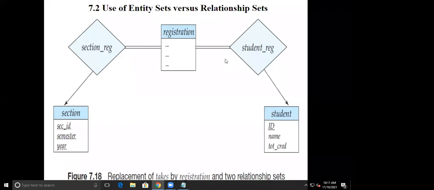Then here in my design perspective, I can take registration as an entity, or I can take this as a relationship between student and a section also. So it means I cannot say that you should consider only registration as an entity only. म्हणजे मी असं restriction देऊ शकत नाही की बाबा registration म्हणजे तुम्ही entities consider करायचे. You can consider this as an entity, or you can consider this as a relationship. So it depends completely on the designer.